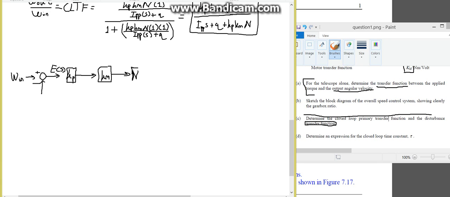Your input, it's your summing junction with your disturbance. I'm showing you guys these steps because I just want to run through what's going on. So you notice that these